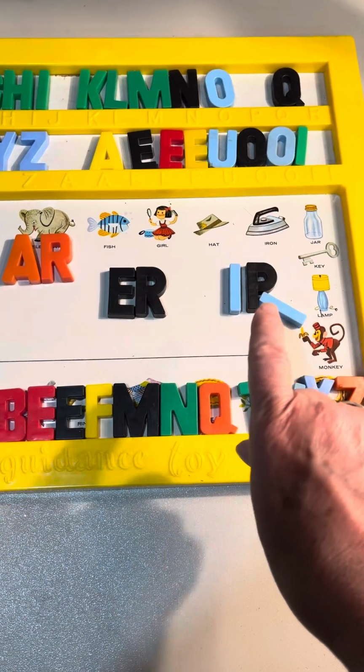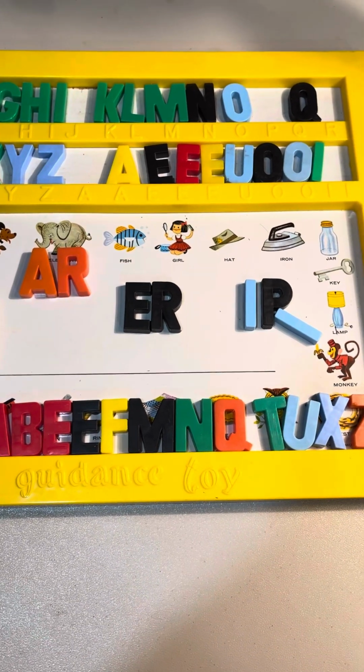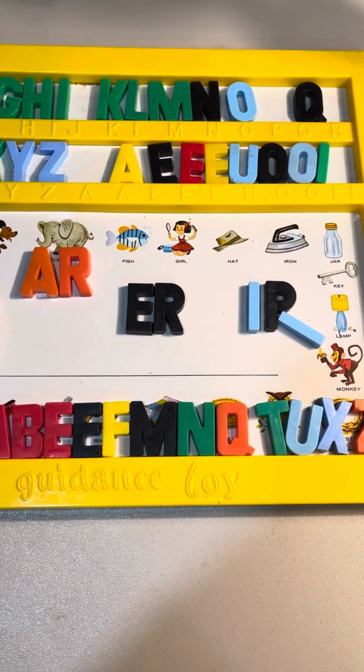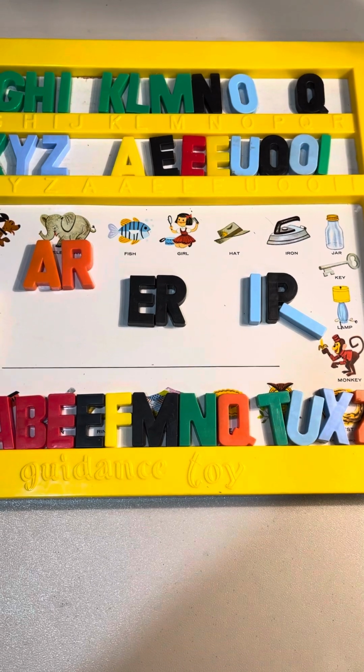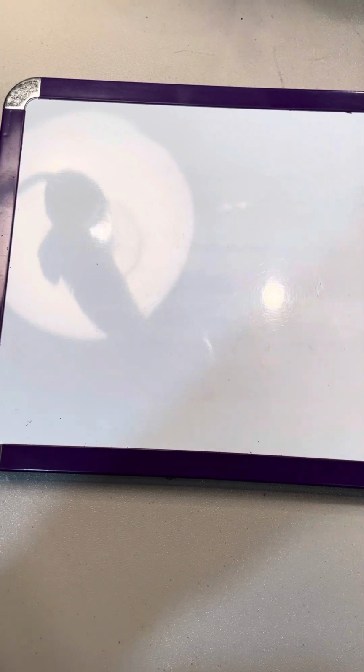That is an R. But now I will speak in English. We have learned the present tense of the AR verb. If you remember, let's do some review here. Let's get rid of this lamp so we have less reflection. Maybe we need to get rid of that light too, but we'll stick with it.